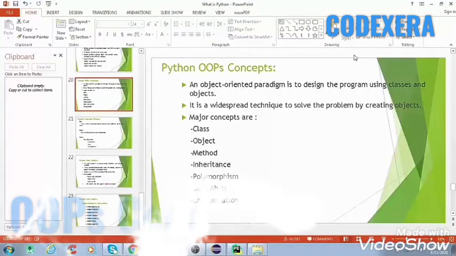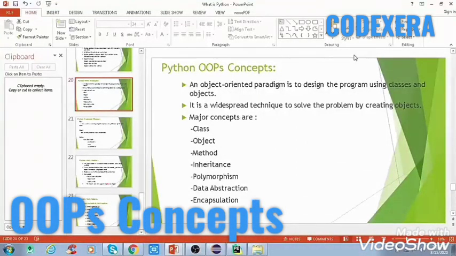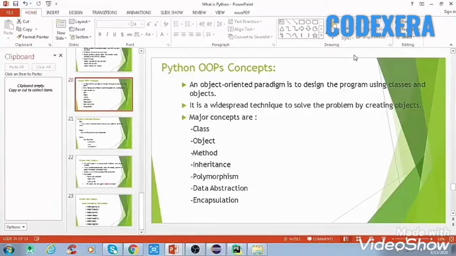This is Saurabh, and in this tutorial we are going to learn about the Python OOPs concept. We are all very aware of this concept if we know more than one programming language, because it is a very fast growing concept in the modern era. So without wasting our time, let's start with our tutorial.